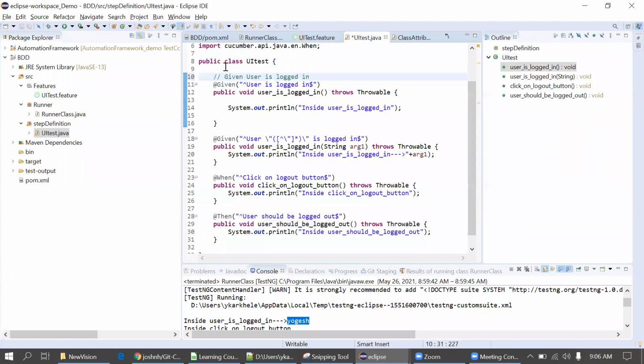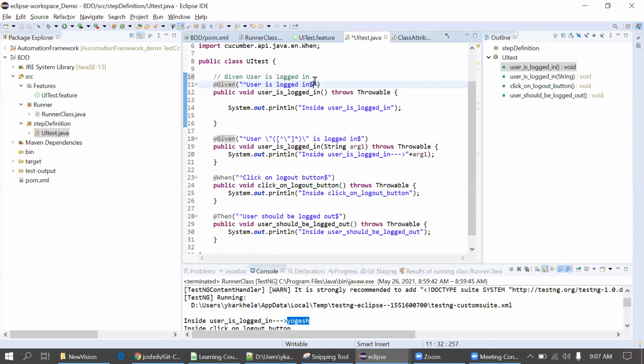Commented. Okay, so this is a feature step, and I just copied this from the feature file and am pasting it here in the step definition. You can see Given, it's a Given, and "user is logged in". It's the same, only we are putting the caret at the start and the dollar at the end for the normal sentence.